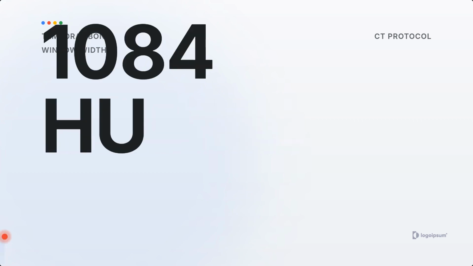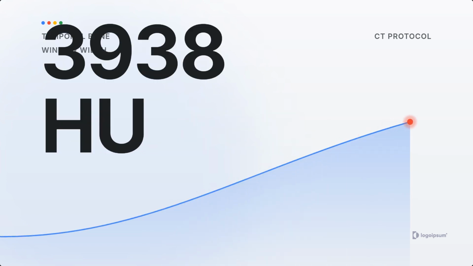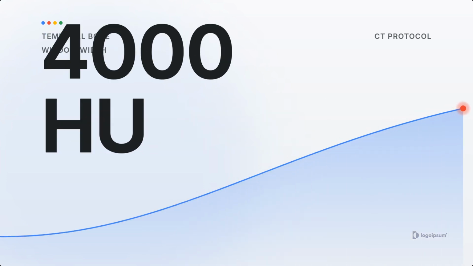Standard bone window settings are often insufficient for ultra-dense temporal bone structures. Displaying the stapes footplate and delicate oval window without blooming artifacts requires expanding the grayscale dynamic range. Technologists should utilize extended temporal bone windows, setting window widths around 4,000 Hounsfield units and window levels between 700 and